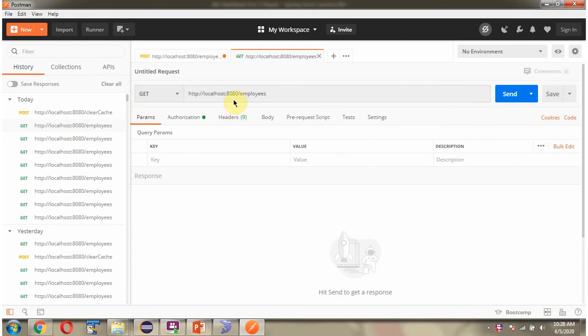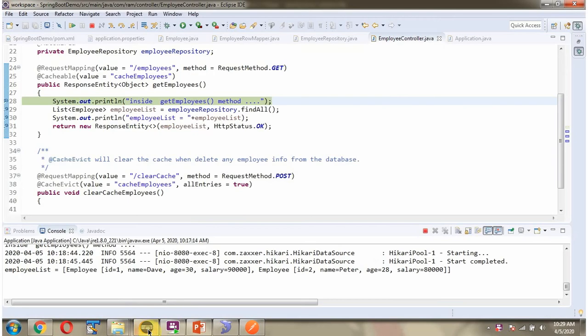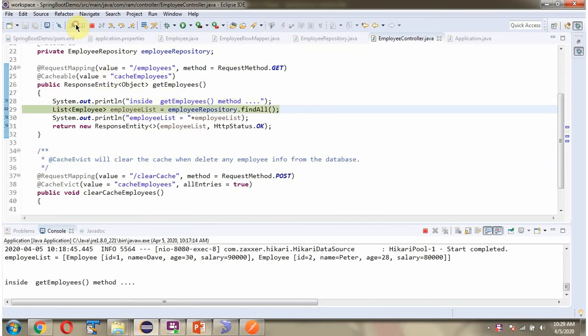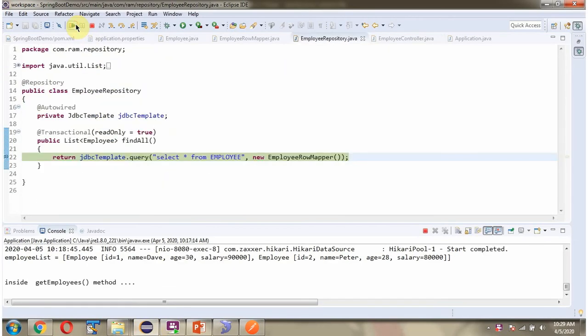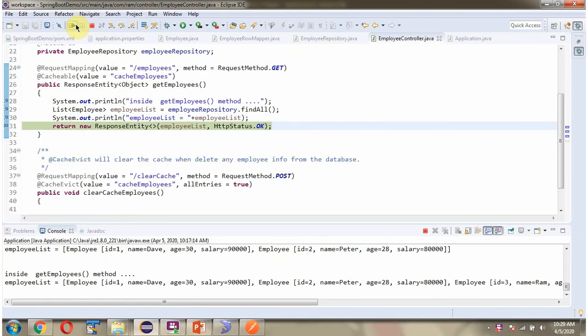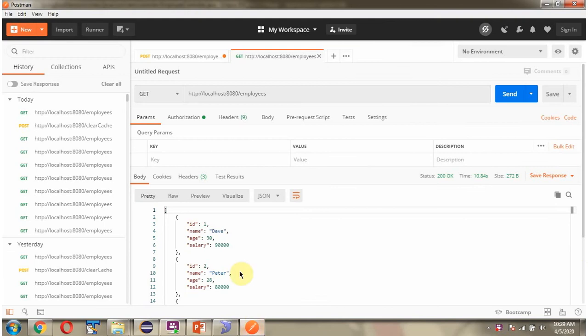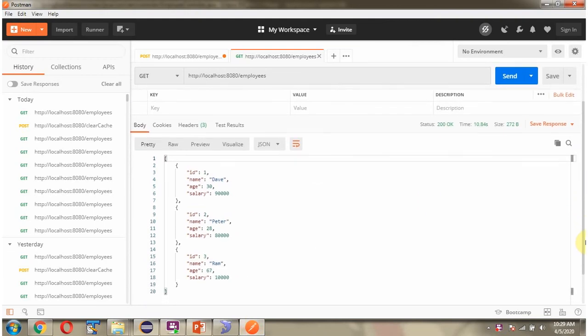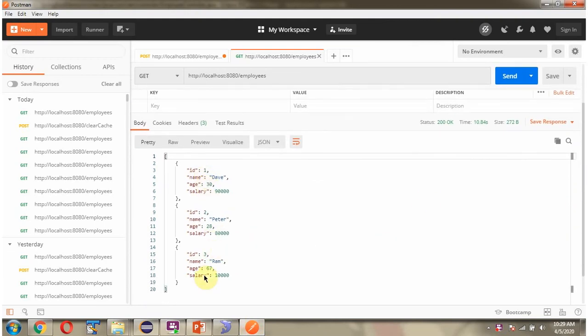Next, I will send a request to get the employee details, and this time it will hit the database because we have cleared the cache. And you can see it is hitting the database. Now we got three records.